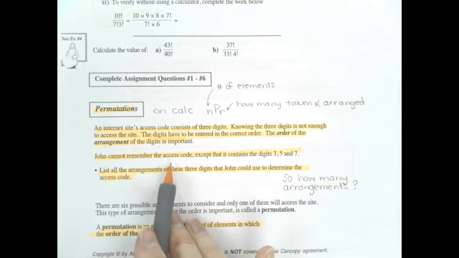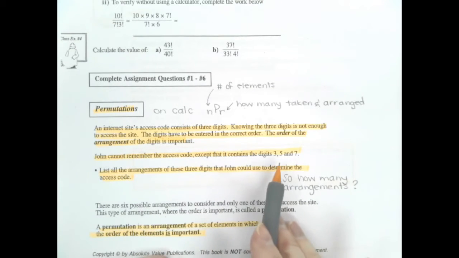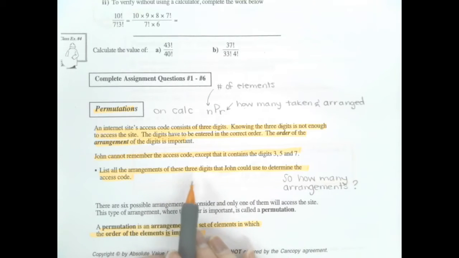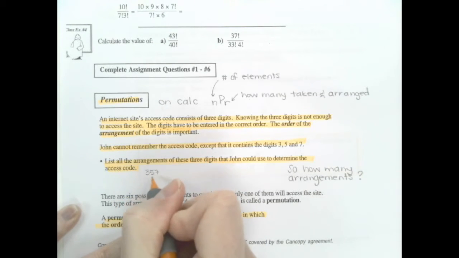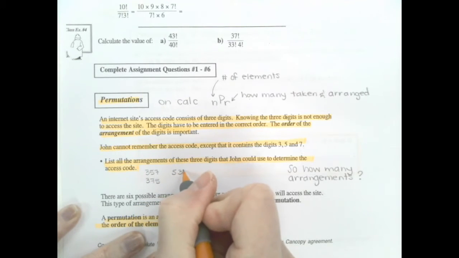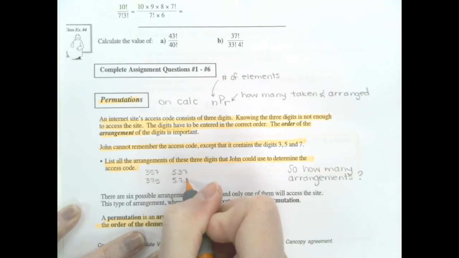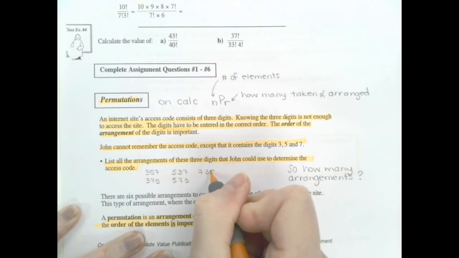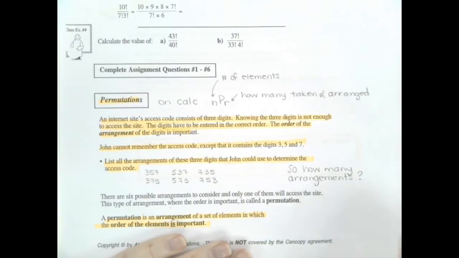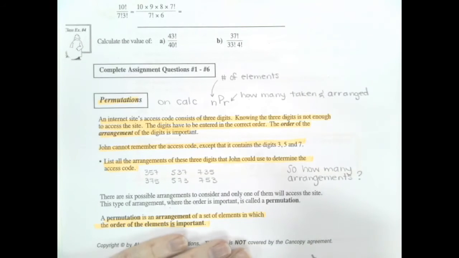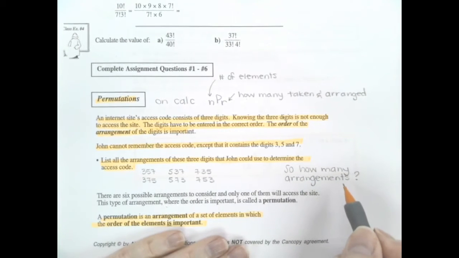John cannot remember the access code except that it contains 3, 5, and 7. List all the arrangements of these 3 digits that John could use to determine the access code. Okay, well, he could do 3, 5, 7, then he could try 3, 7, 5. What about if he put the 5 first? So 5, 3, 7, 5, 7, 3, 7, 3, 5, 7, 5, 3. By the time he tried those, probably he's been locked out. But we can see there are 6 different arrangements that he could try in order to get into the internet site. So total we'll have 6,